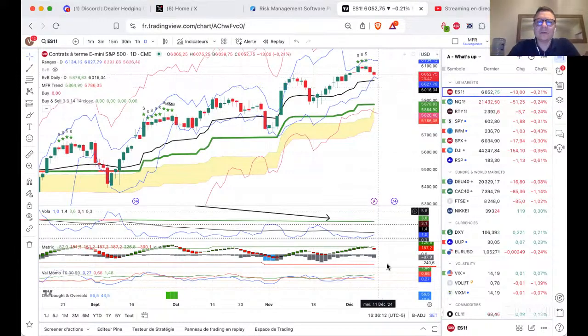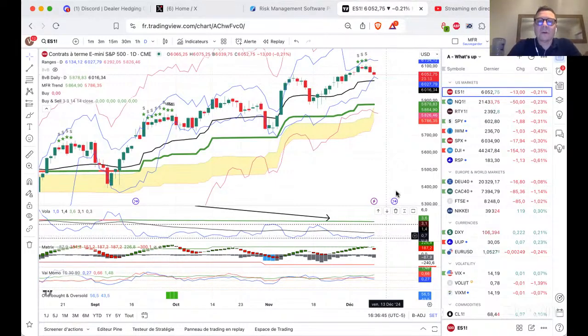It matches with the matrix end of the cycle. We were also at the top of my fractal range, and usually you get the sell at the top of the range. So everything matches together. For now, volatility still looks great. It's pointing down, so there is not a lot of worry regarding ES, despite the fact that we are right after the sell triggers.